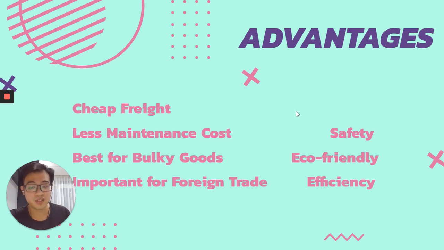Thus, ships are designed to carry dangerous materials, oversized and heavy objects. Therefore, it is the best and safest way to transport bulky goods. Last but not least, it is more eco-friendly as they have minimal carbon emission and consume less fuel than those of an airplane. And because of all of those, more and more large organizations prefer them over other means of